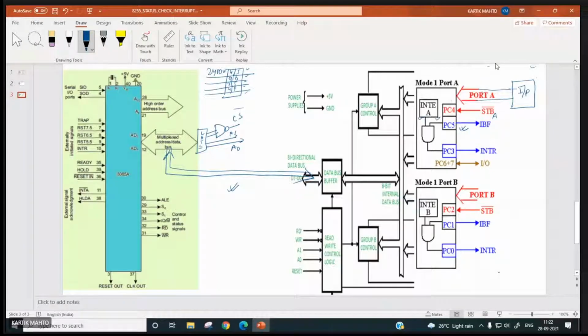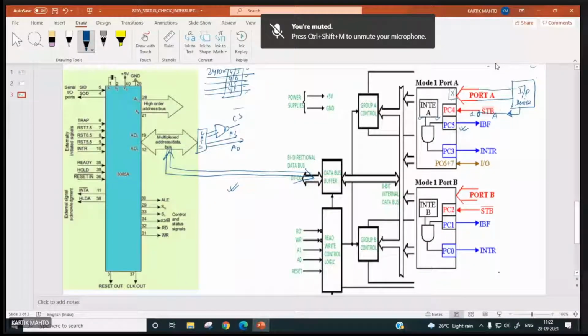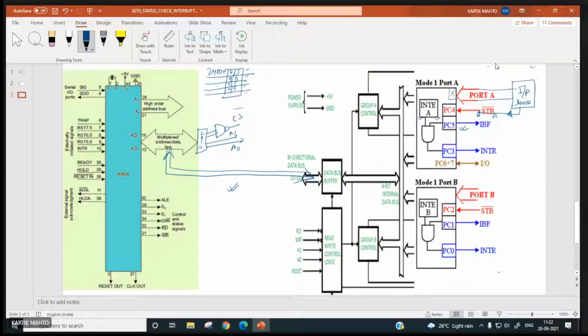If this is 1, it means 8255 is going to understand that this input device has not put valid data over here in this port A. If this is 0, and it will be made by this input device only, right. So if STB A bar is 0, then 8255 is going to understand valid data is here and it will make PC5 equal to 1.